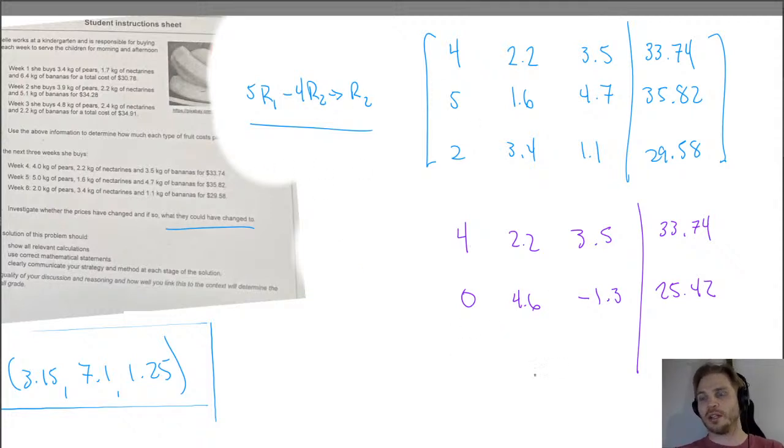Okay, so now to get the third row, I'm going to do 2 times row 1 minus 4 times row 3. That's going to be our new row 3. Okay, so obviously this is going to give us 0. So 2 times 2.2 minus 4 times 3.4 is negative 9.2, and then, oh,